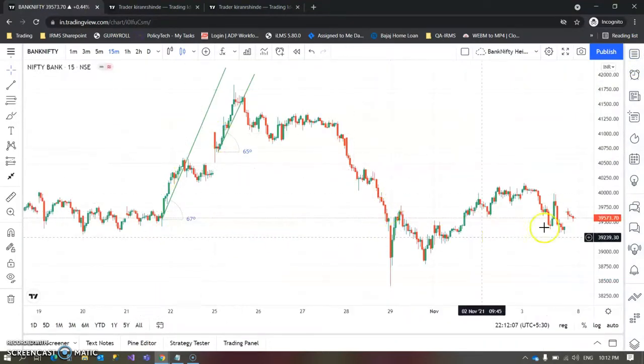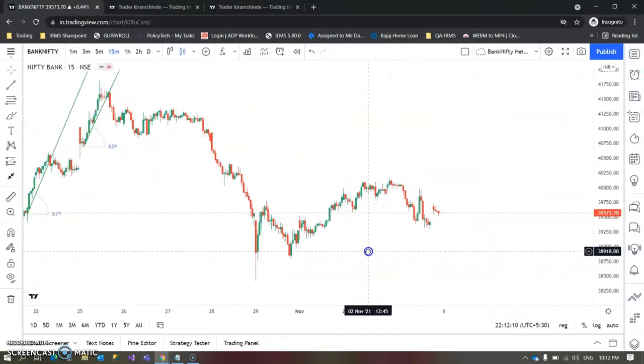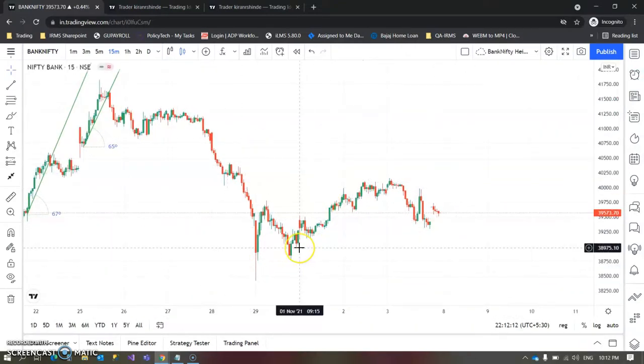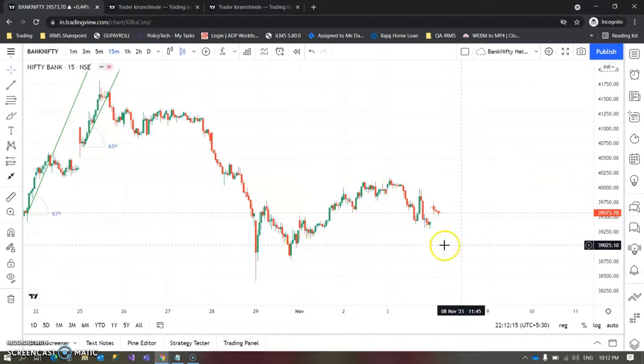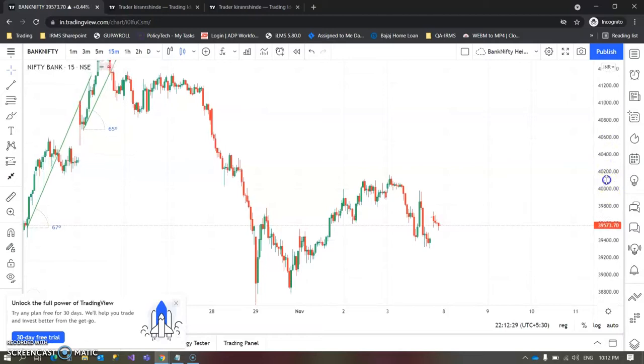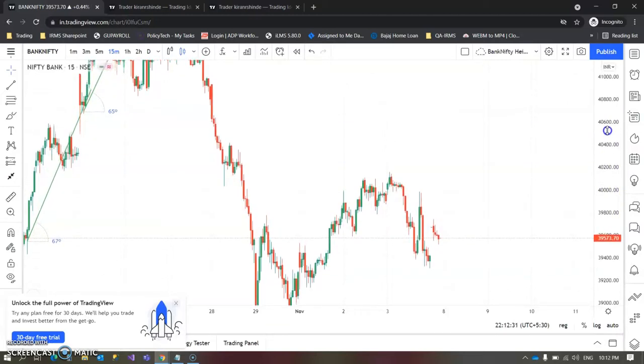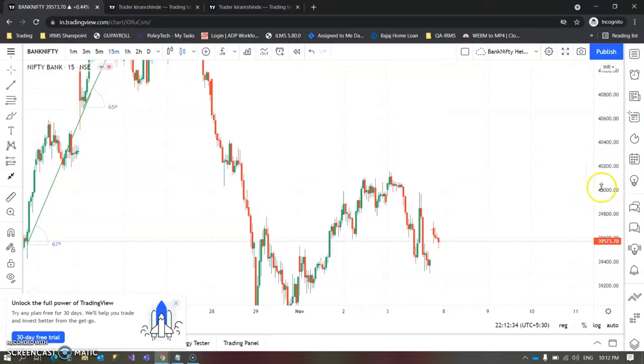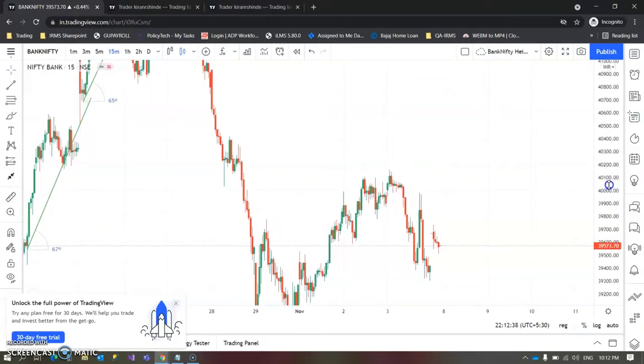Now take a look at this. Your chart might look like this. First of all, you can see the scale over here, right? The scale is showing a 250 points difference. So make the scale to such a level that you get to see every 100 point difference. Just look at this, 40,000 and we are able to see 40,200. We need to expand one more so that we are able to see each 100 levels.